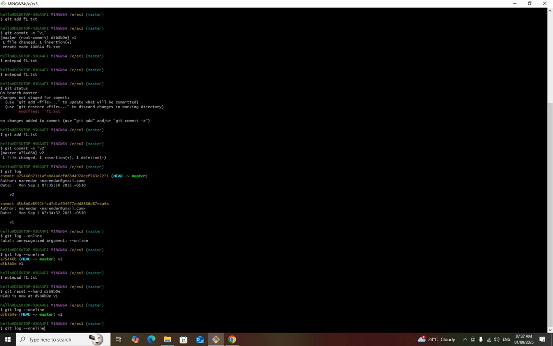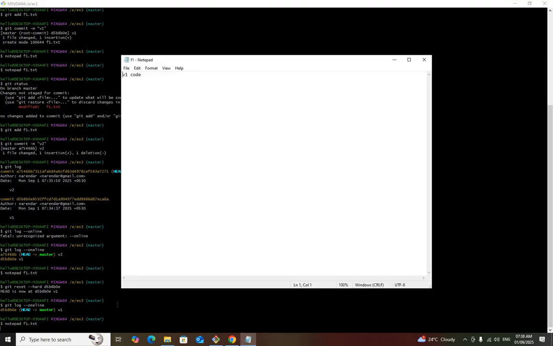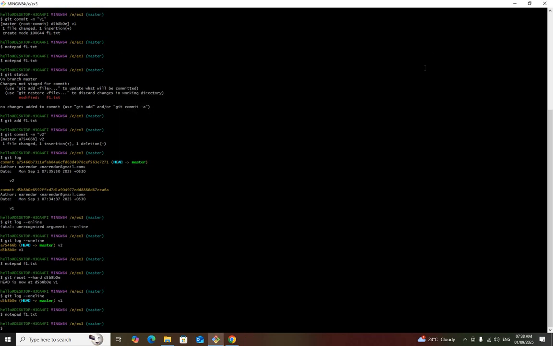Now I'll show the output. What is the file present in version 1? I'm opening it. Just now we modified the file and saved it, but still you are able to see the version 1 code. Why? Because we have opened the file in version 1, so it shows the code present in version 1. So this is what is meant by version tracking: how to create the different versions, and if you want to roll back, you can use the reset command and roll back to the previous versions.